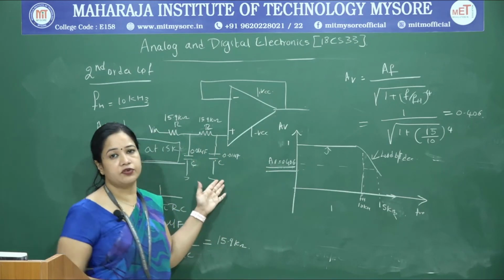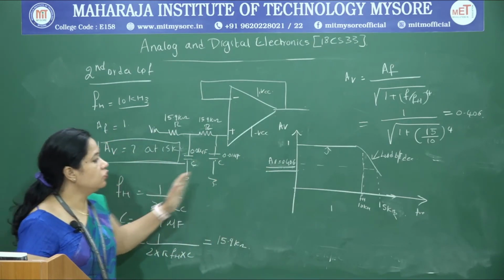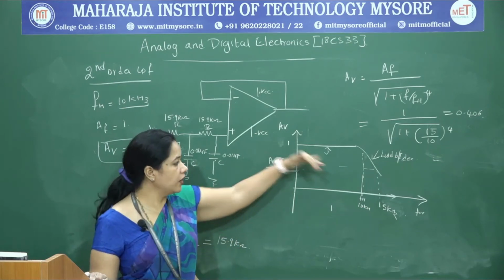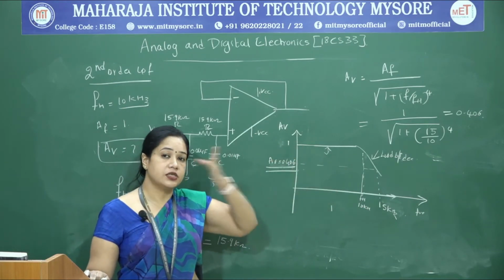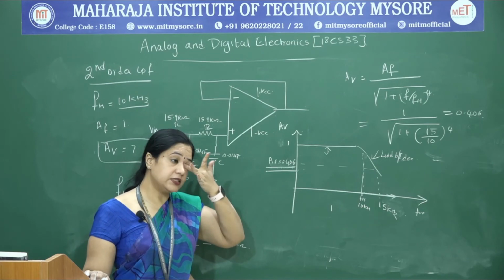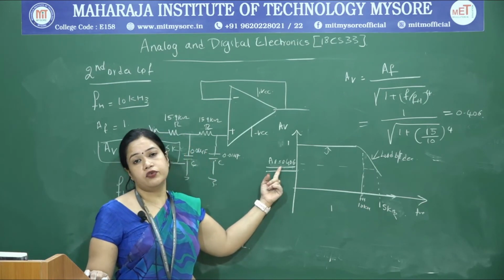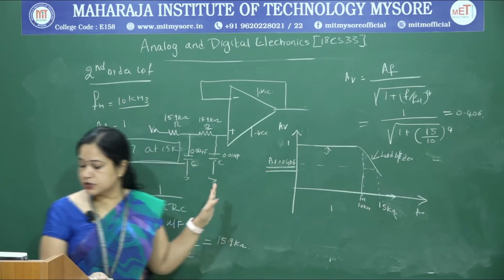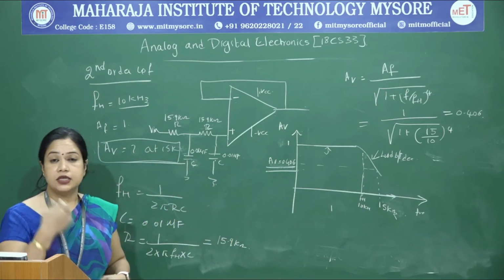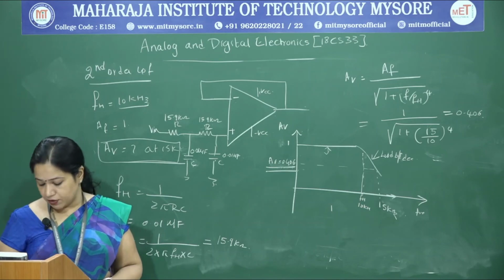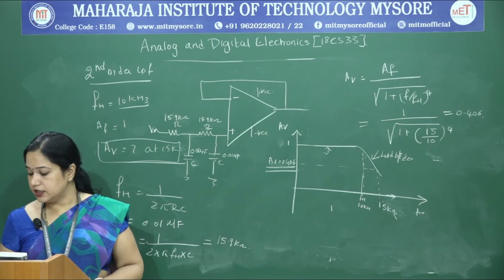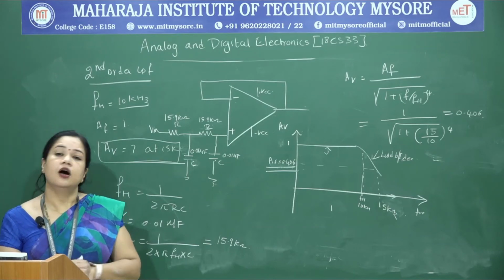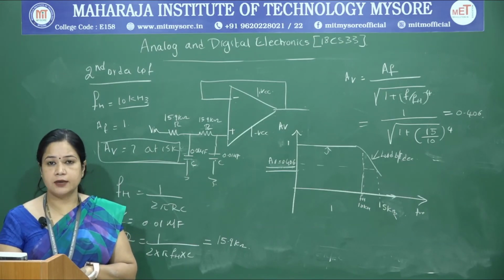So, this is the inference. Along with designing, you can analyze the behavior of the low pass filter in this example. Beyond the cutoff frequency, the gain reduces, and at 15 kilohertz, the gain has reduced to 0.406. With this, we will take up the design of the next type of filter, which is the first order high pass filter.